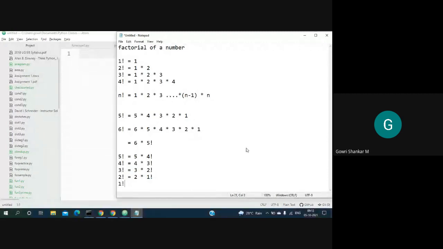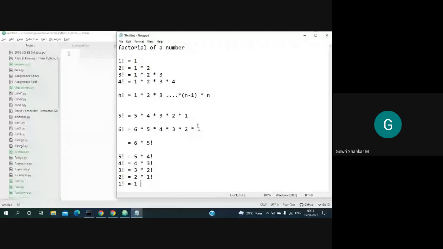Say 1 factorial is equal to 1 into 1 minus 1, so 1 minus 1 is 0 factorial. So either you can have the start condition as 0 factorial, or you can have the start condition as 1 factorial. It depends on your way. Here, let us assume we start with 1 factorial is equal to 1. If that is given, then there is no need for this step, because directly we know that 1 factorial is equal to 1.